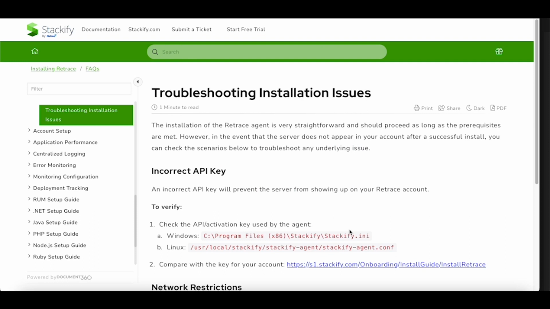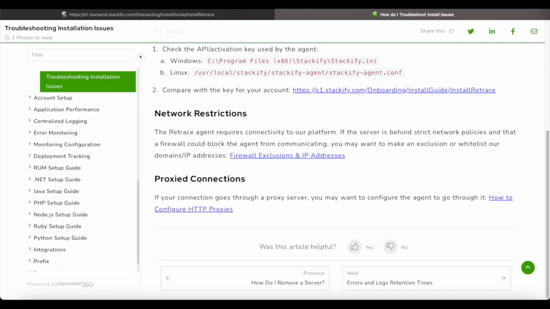On a Linux machine, it's going to be similar steps. You're going to navigate to /usr/local/stackify/stackify-agent, and then open the stackify-agent.config file. Now, the second issue that could be at hand here, there's some sort of network restriction that's preventing